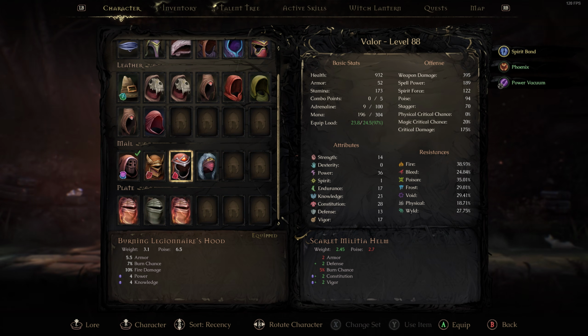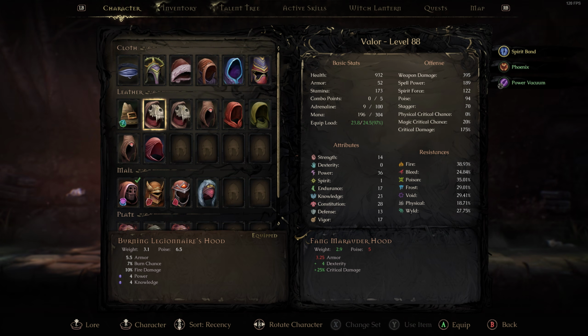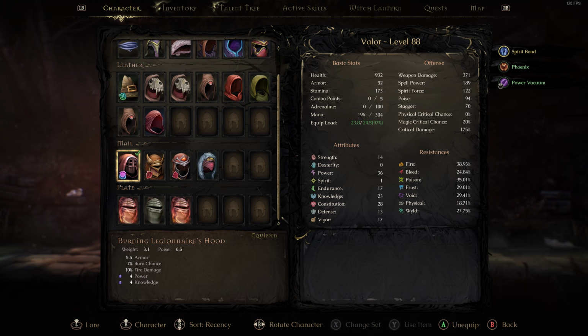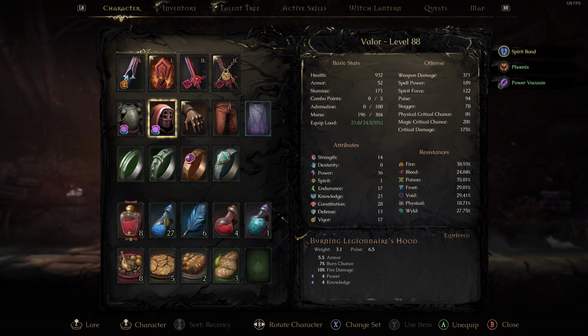Just use this because it gives you burn chance, some defense armor. So things like this, if you get the Assassin's Hood, some movement speed, crit damage is fine. Again, the armor in this game is like nothing crazy, but I'd say these ones matter. And then when you can eventually craft the Burning Legionnaire, this is going to be closer to like the end